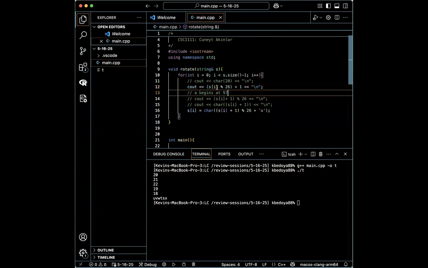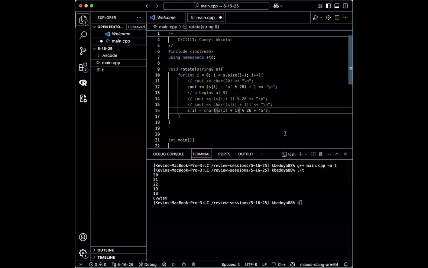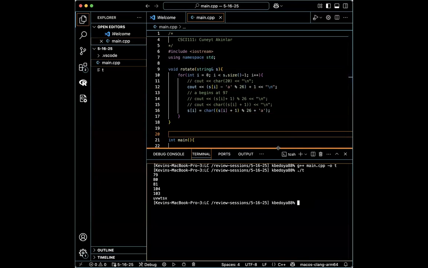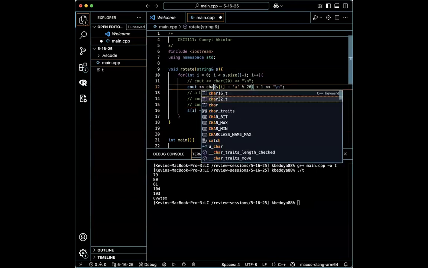Okay, let me try this. Let me try doing minus this. I'm sorry, I just want to do one more attempt. 78, 80, 81. So I checked it. Okay, yeah, I think this looks correct now. So now if we take the character of this,